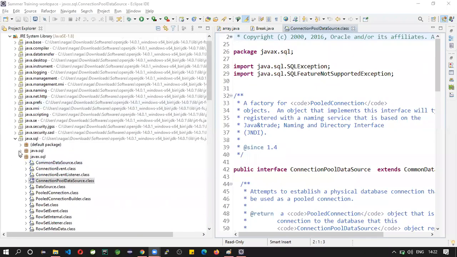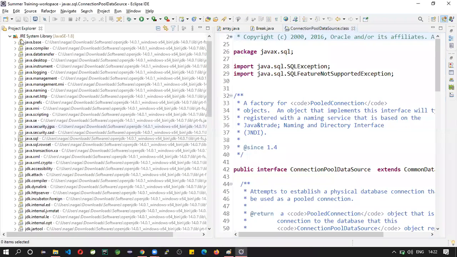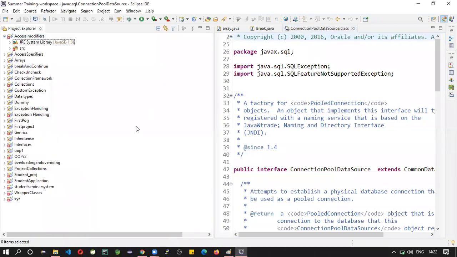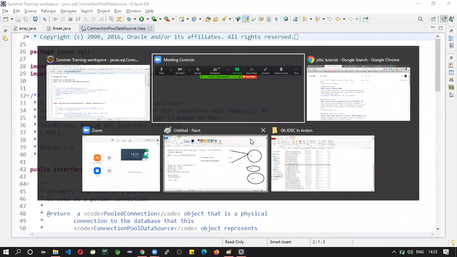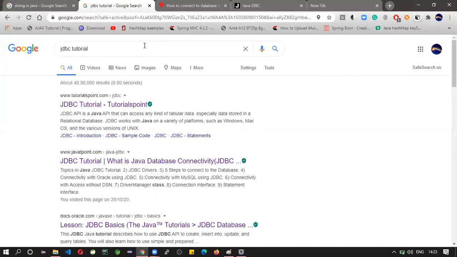So today we will see the interfaces and some more detailed concepts about JDBC connection. How to establish the connection?